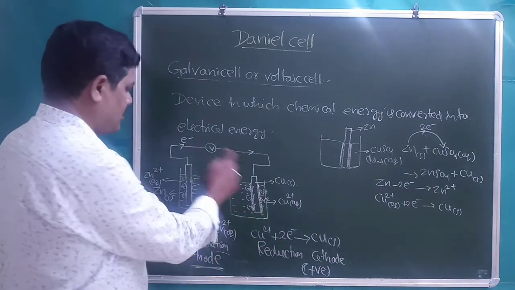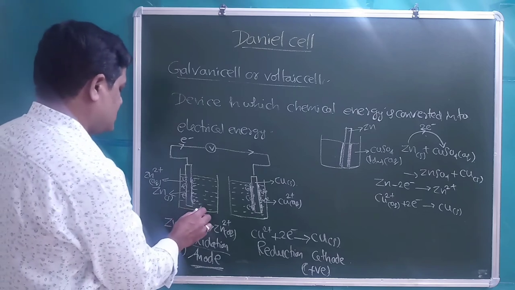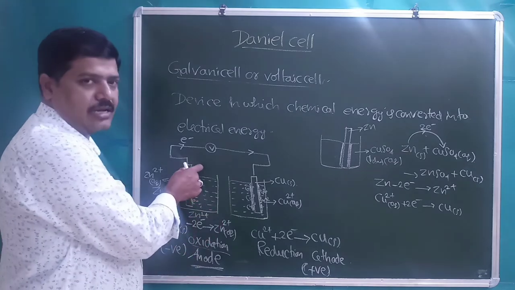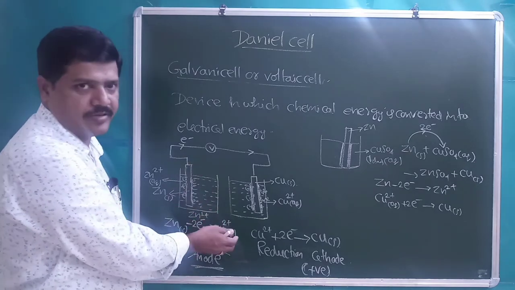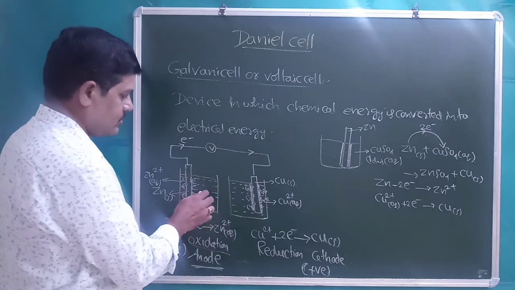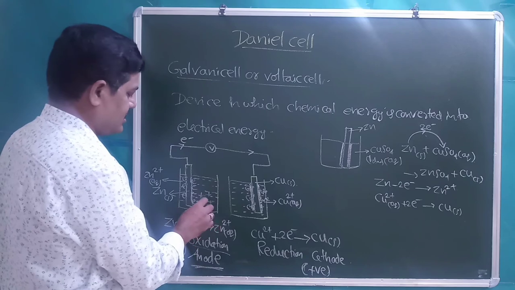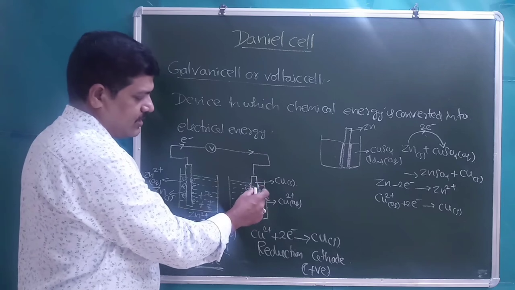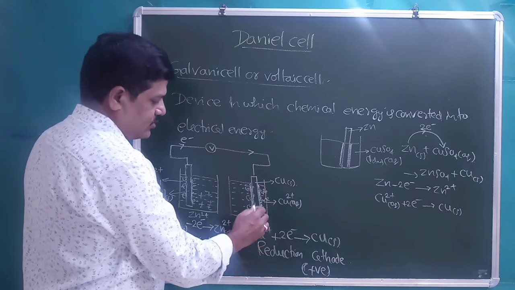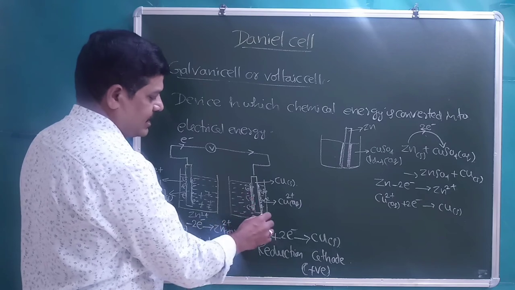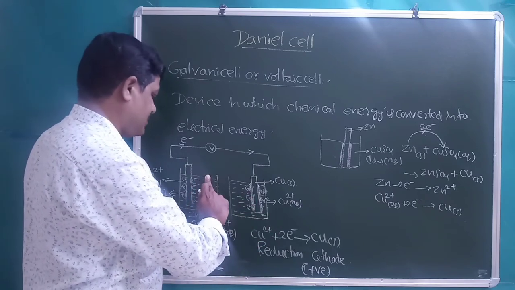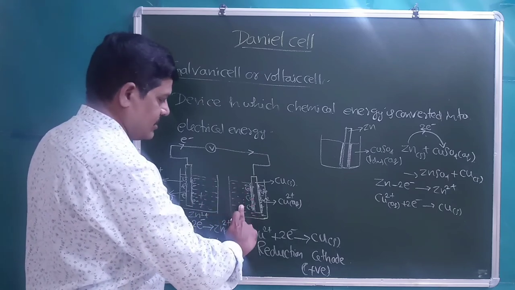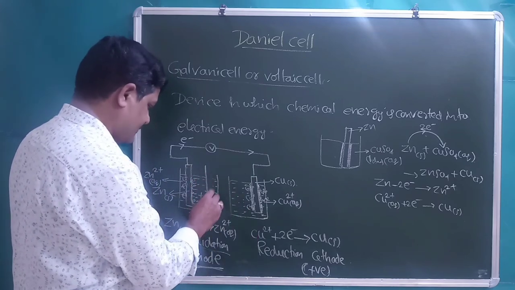Students, as the time progresses, what happens? The accumulation of positive charges here is more, because as time progresses, zinc atoms present on the zinc rod are dissolving in the solution in the form of Zn2+. So there is accumulation of positive charges in the left side container. As the Cu2+ ions accumulate and convert into Cu solid, the negative charge will accumulate in the right side container. So this process will stop after a certain definite time. To continue this process, we need some device that is called a salt bridge.